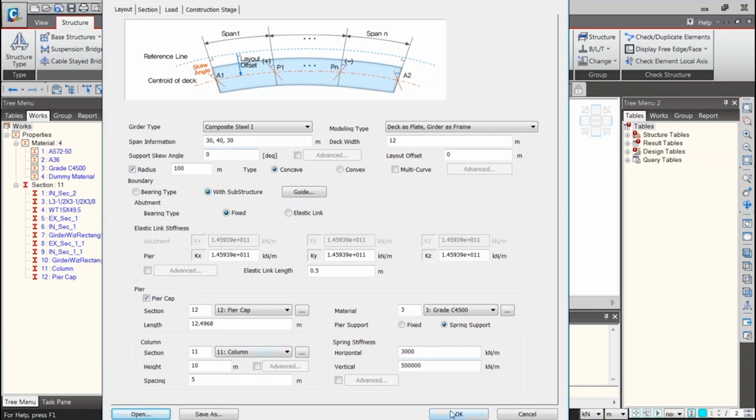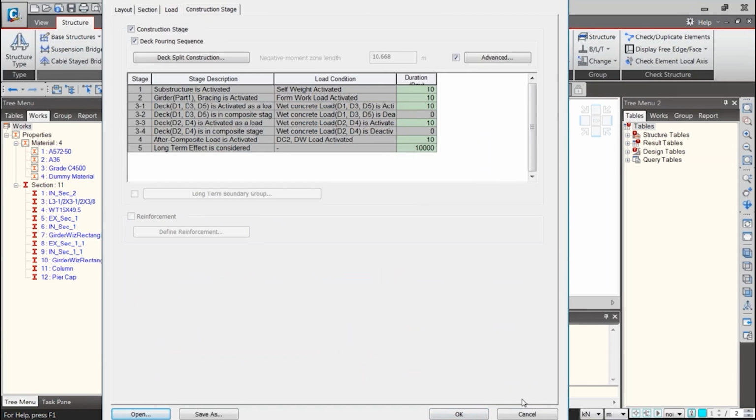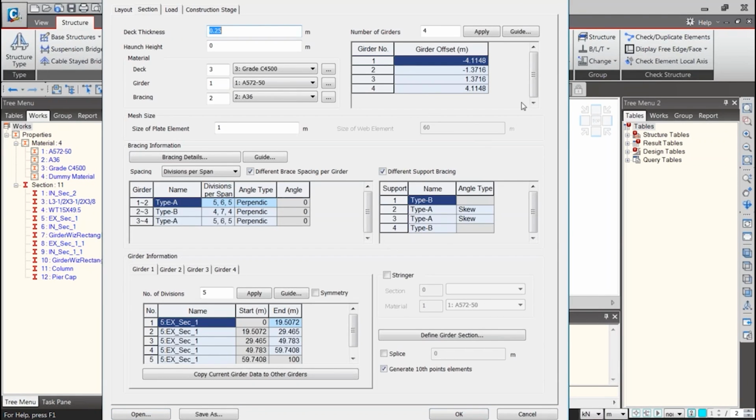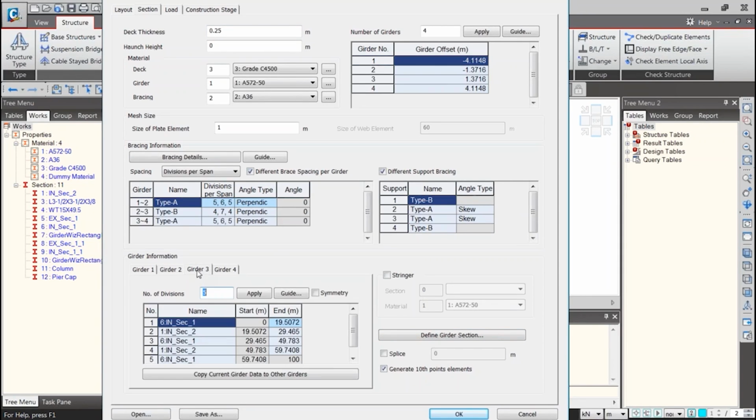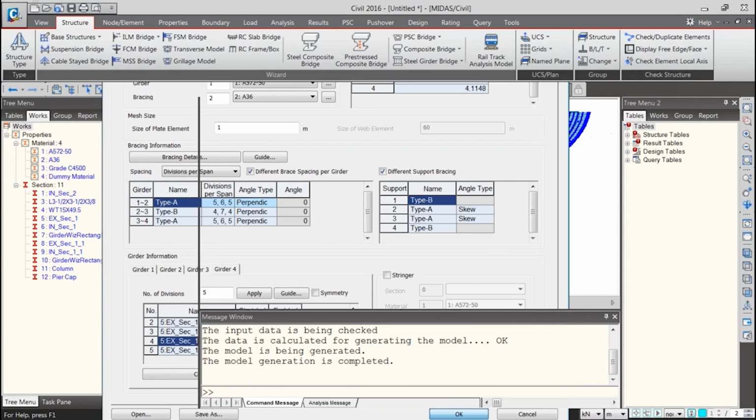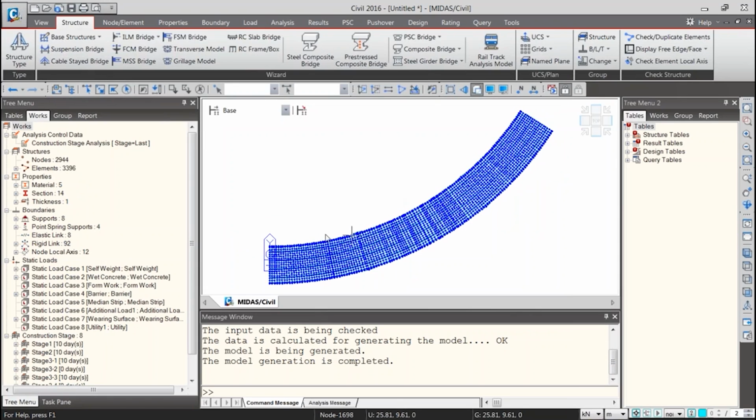So once I click on OK on this wizard, I get the full bridge.